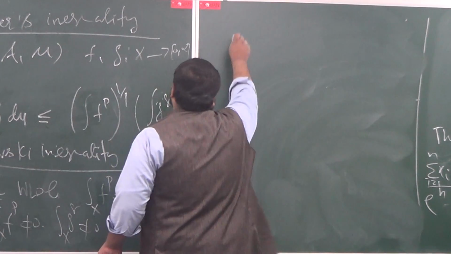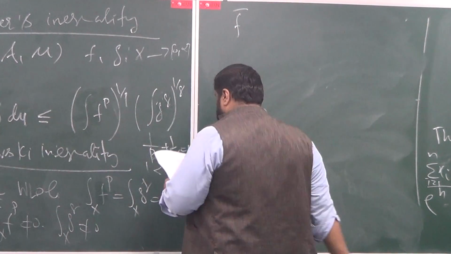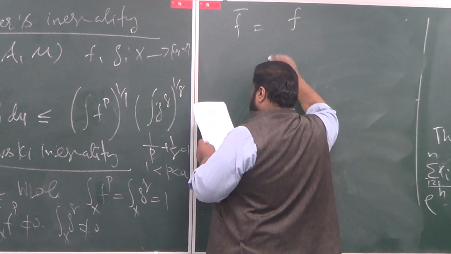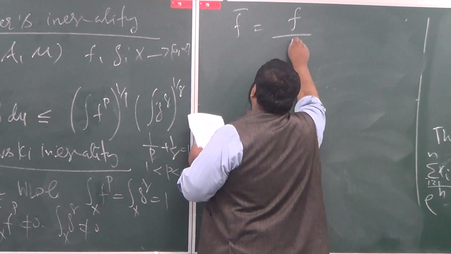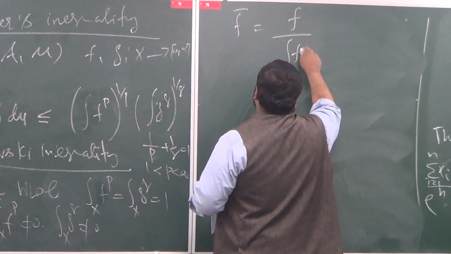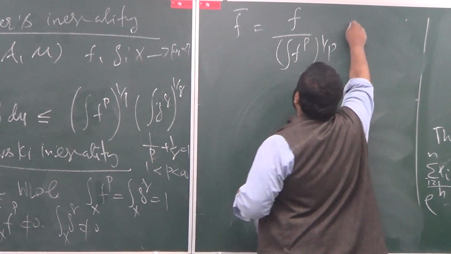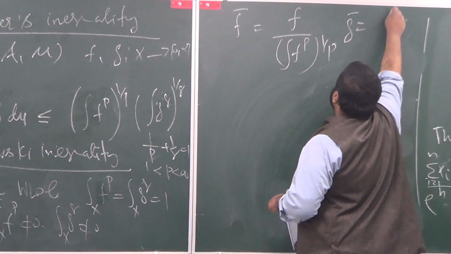So let's write f bar, for example, that is equal to f over the norm of f, the L^p norm to the 1 over p, and take g bar to be the same,